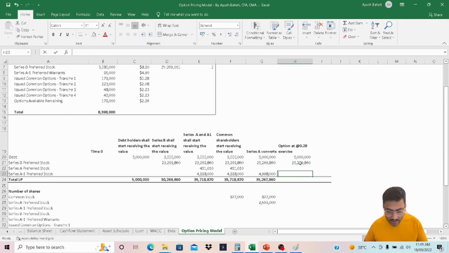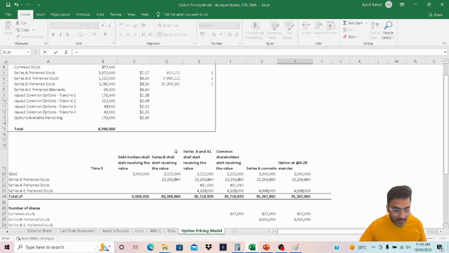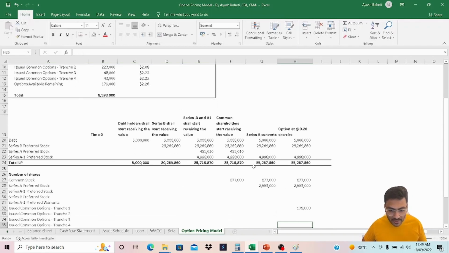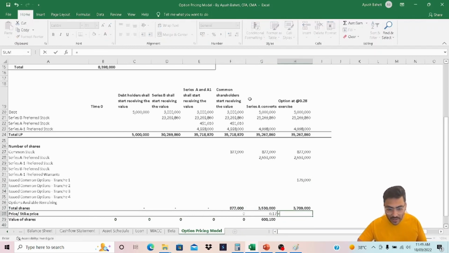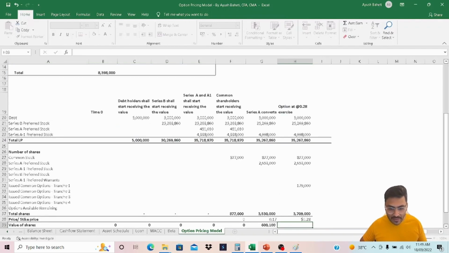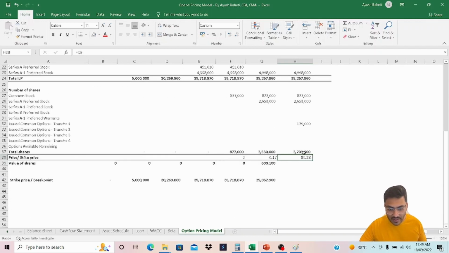A series has already converted. So this is the total liquidation preference. Common is participating, series A1 is participating, and now tranche 1 will also start participating. So tranche 1 total number of outstanding shares is 179,000. Now what is the price over here? As we know, the price is 0.28 at this level because tranche 1 option holders are exercising. So at this stage,